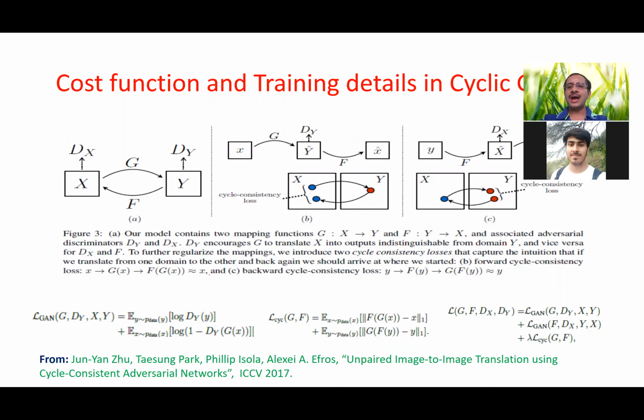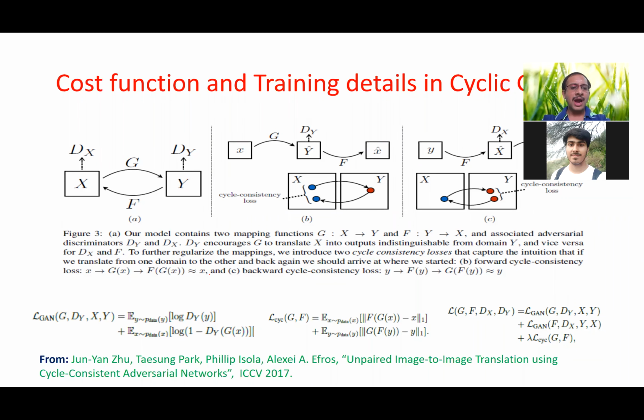Okay, so the pair can be different, but the advantage of cyclic GAN, as we discussed in the last class, is you need not pair them at the beginning. That means the first image need not be tagged with one of the images in the other data set. Say this zebra and this horse are in pair, that you need not say. Any zebra image you can take, any horse image you can take while training.